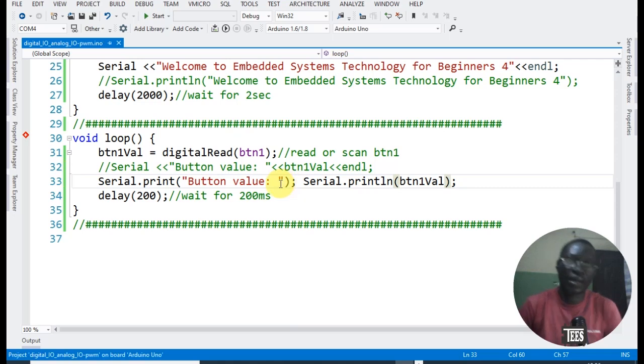So this is a standard way we do it in Arduino IDE, the Arduino C language, I mean. So this is how we do it. So you see,